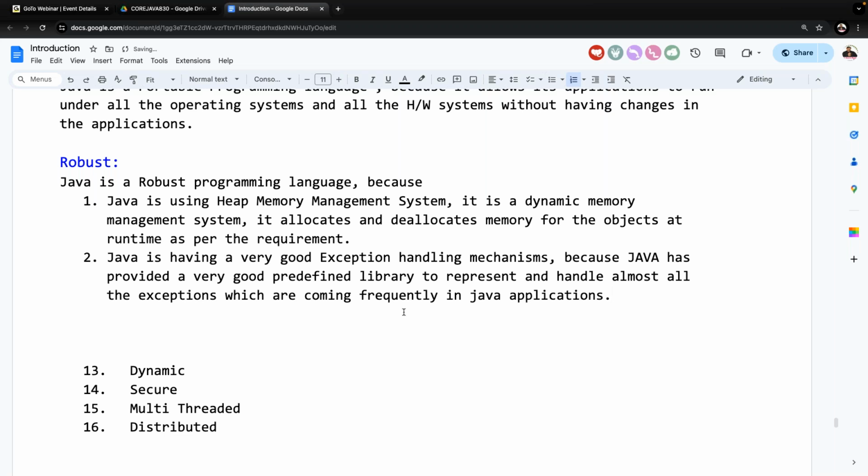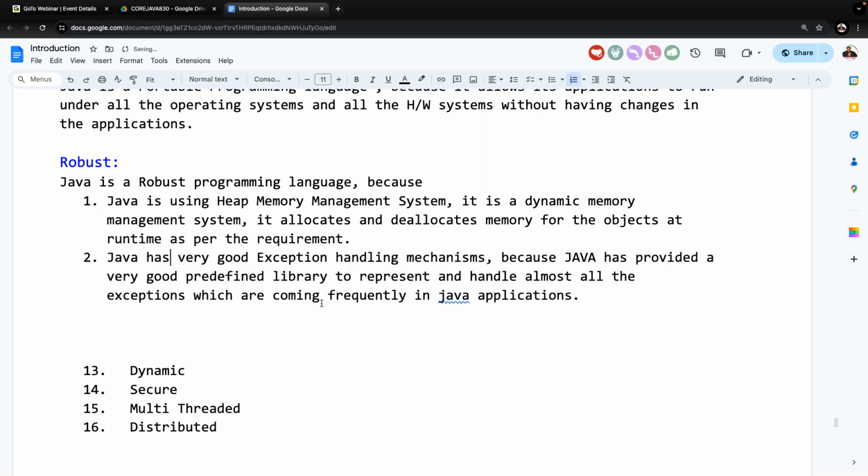Not only that, in case any exception is not represented in Java, Java has still given a path for the developer to define your own exceptions and handle your own exceptions.